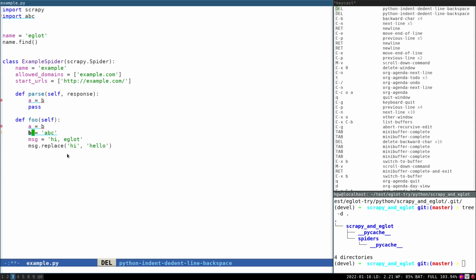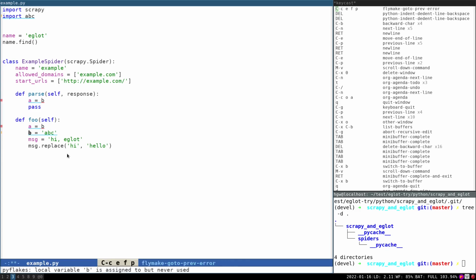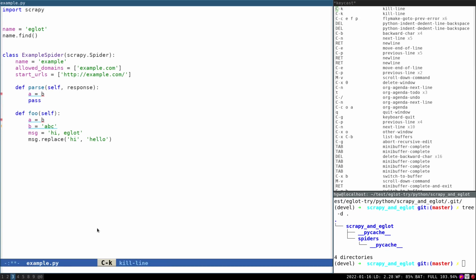Now type Ctrl+C ! P to go to the first error, and we will see that Eglot will describe the details in the echo area. So for this import statement, it's because the abc package is imported but unused, so we just delete it.